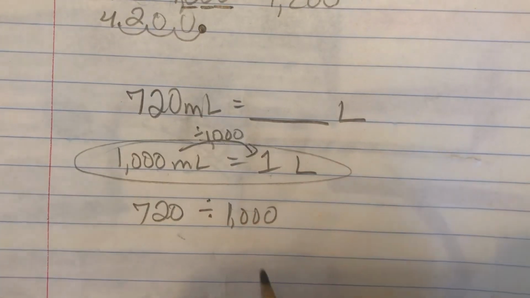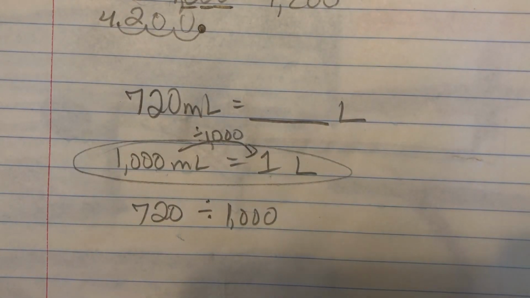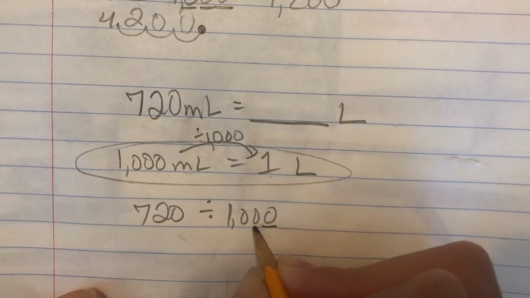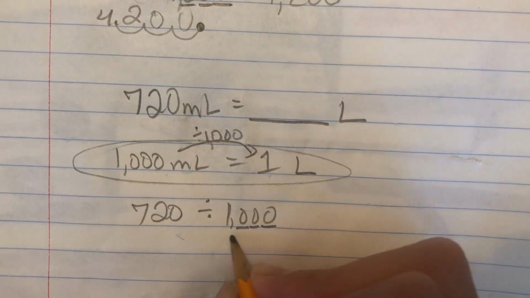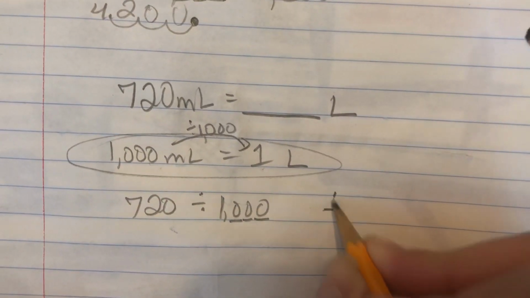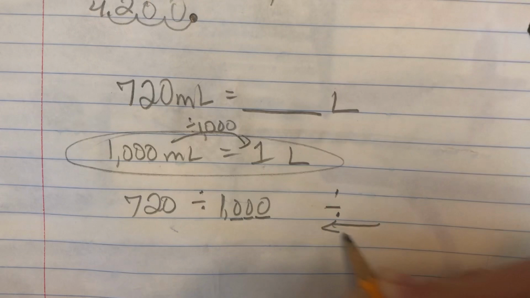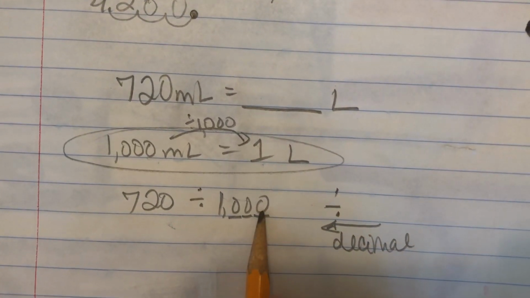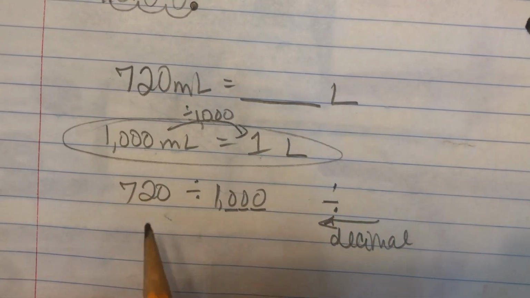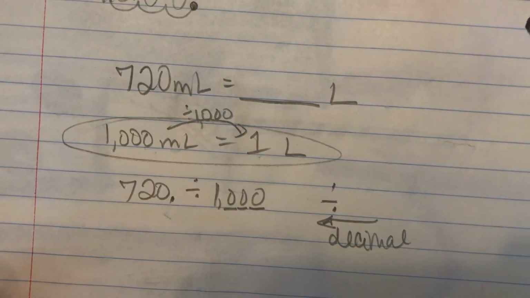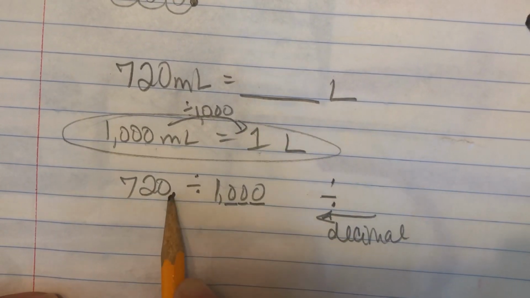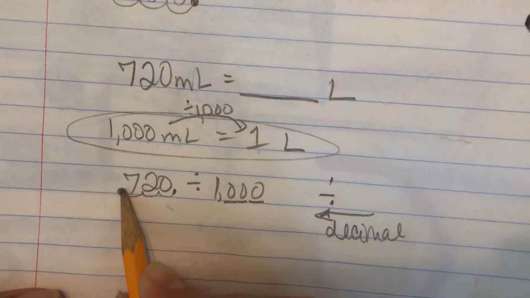So if we multiplied and moved the decimal to the right with our other conversion, if we're dividing, this is the opposite. We're going to move our decimal 1, 2, 3 places to the left. So if we need to divide, we move to the left the same number of places as there are zeros here. This is a whole number, so we'd imagine there would be a decimal at the end. Three places to the left, 1, 2, 3, so our answer would be